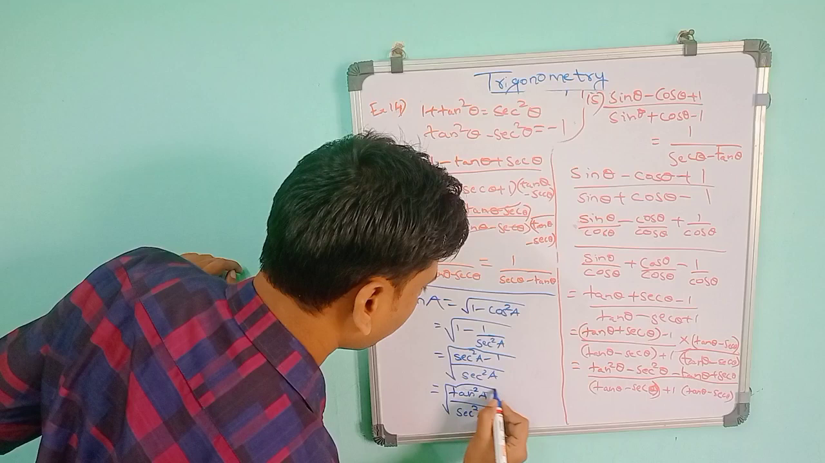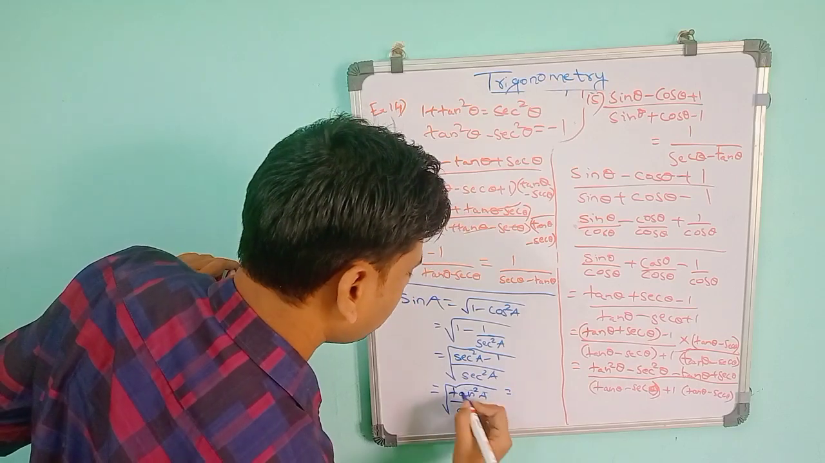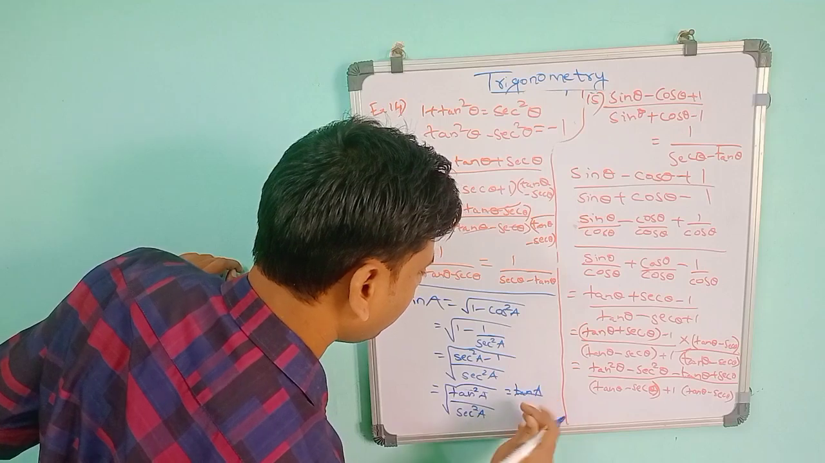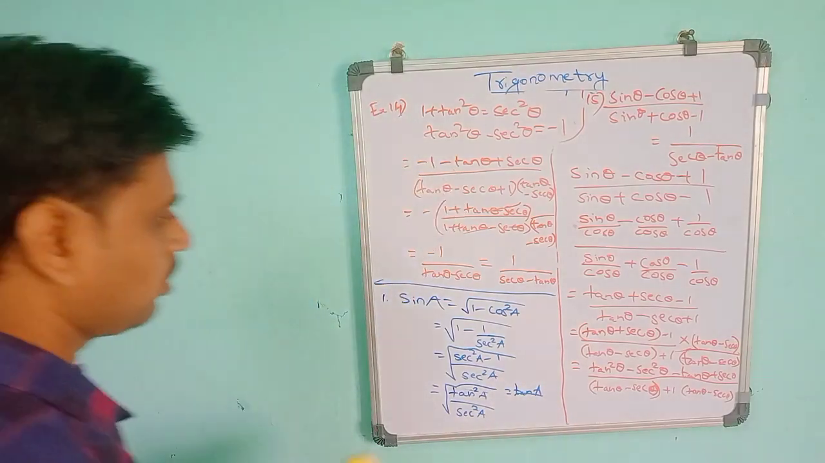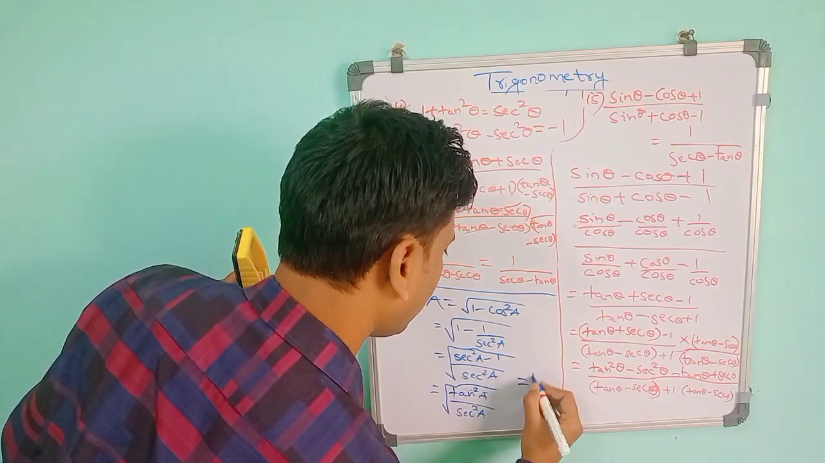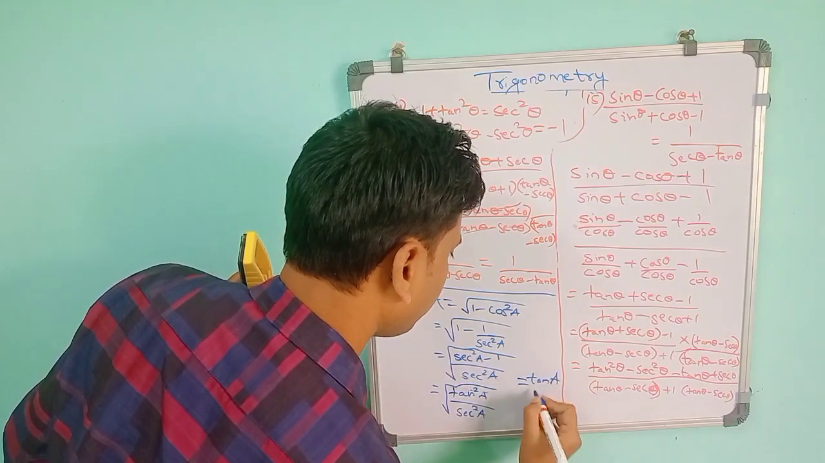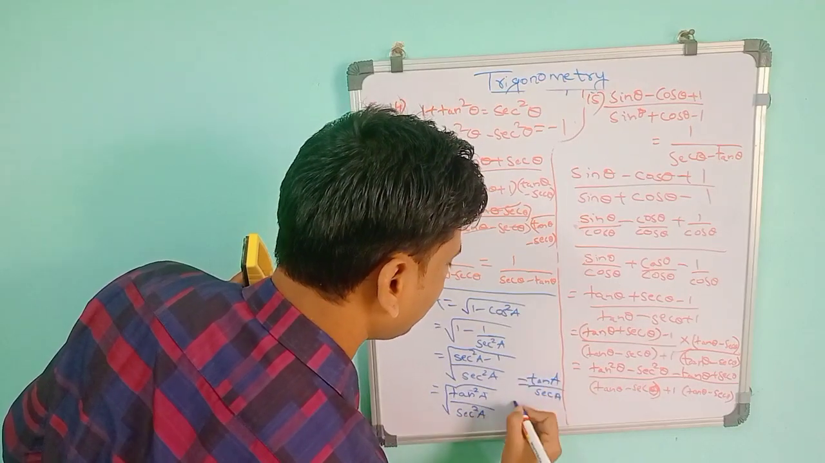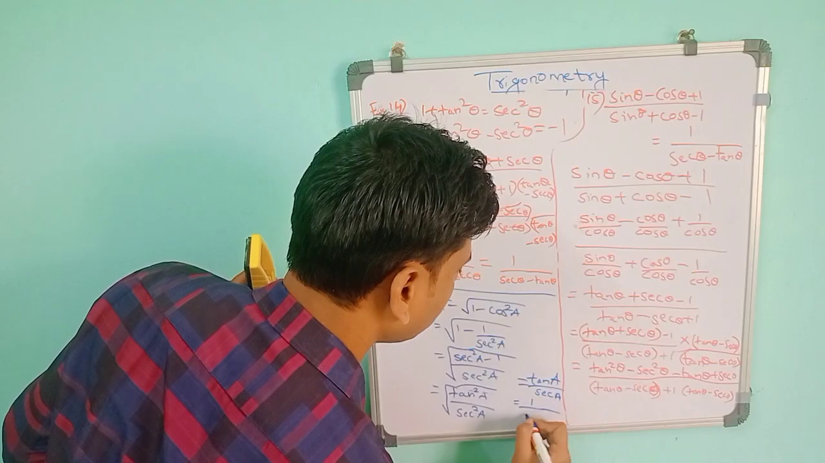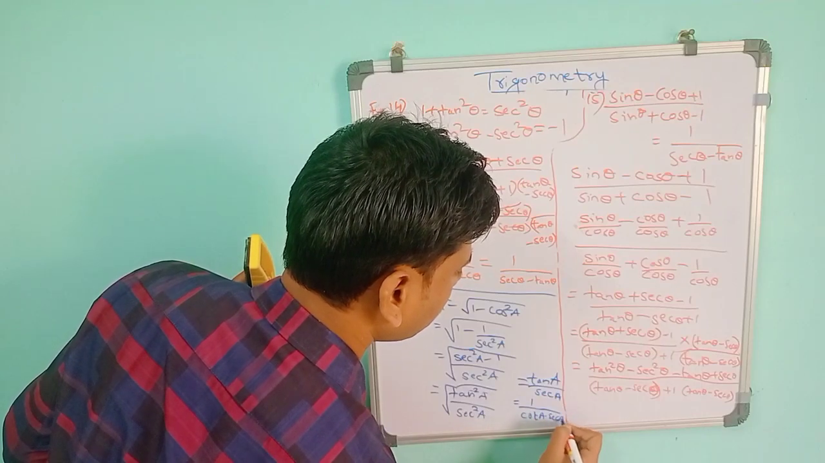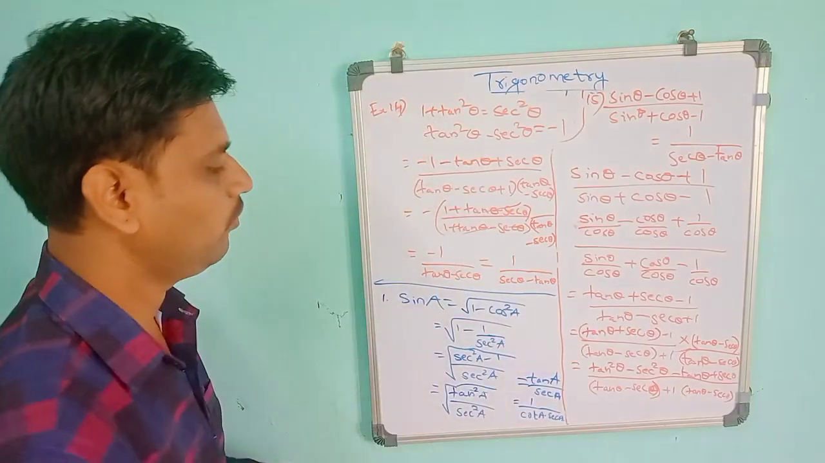And square A, so whole root. The square will be cancelled, so it will remain tan A divided by, this is sec A. So we can write tan A in terms of cot A, so 1 by cot A into sec A. So further we can't